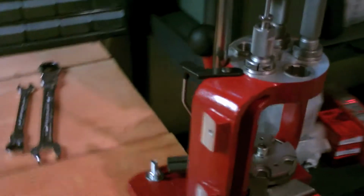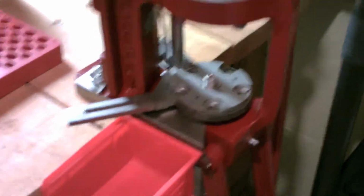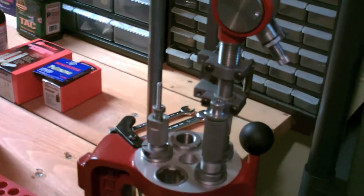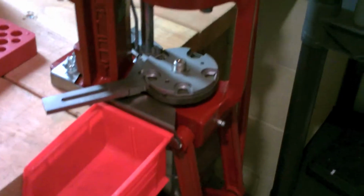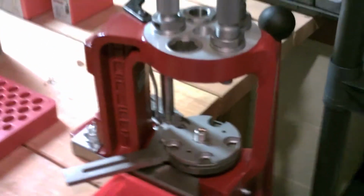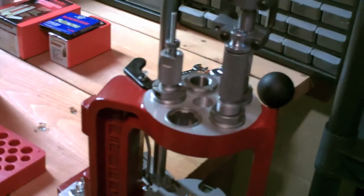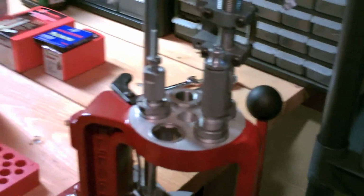So, this is it. This is Reloading Central. And I'll tell you, if you're into reloading or looking to get into reloading, if you can swing it, this Hornady reloading set, the AP, is really, really nice. I really like it. I would probably recommend, though, and what was recommended to me by one of my buddies who I consider the ultimate expert on reloading and ammunition and ballistics and all that stuff,